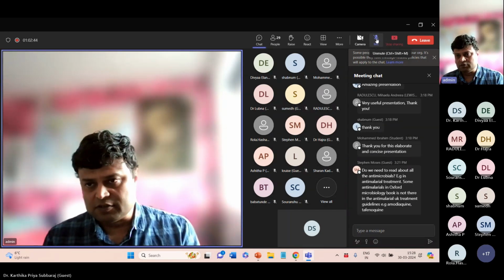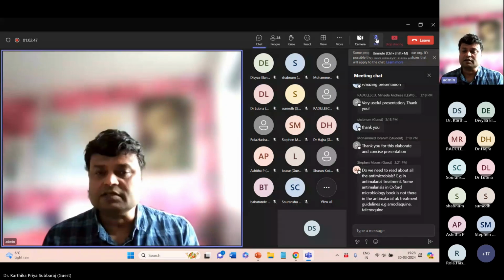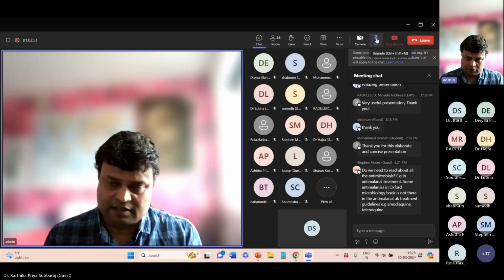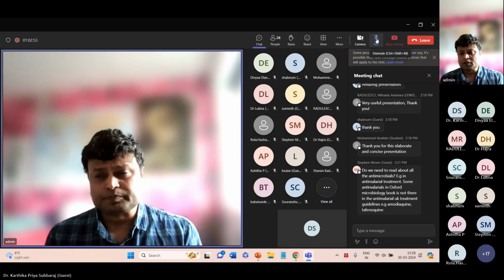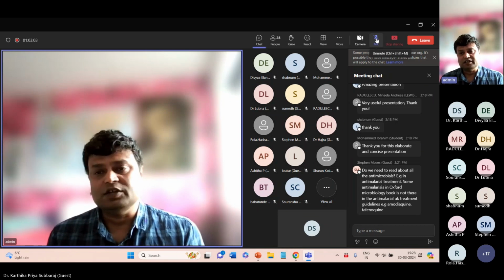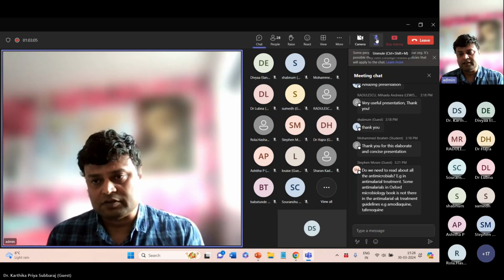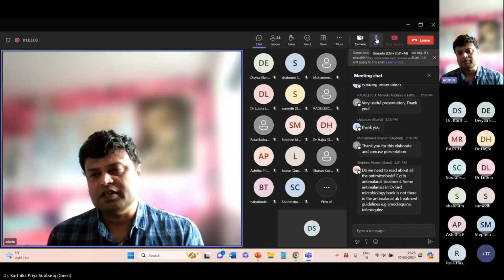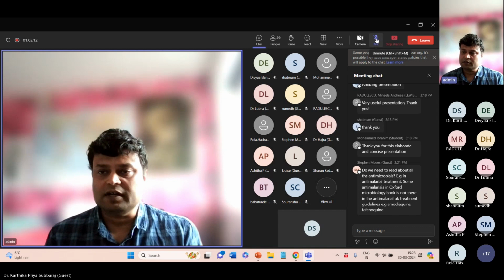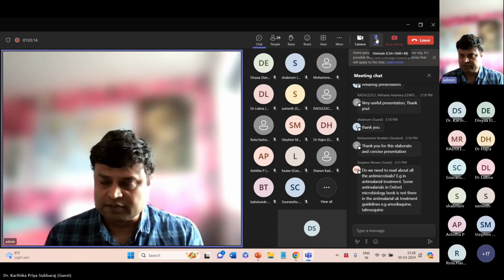And a similar question you have, do you need to read multiple guidelines? Karthika already answered that yes, you need to read multiple guidelines, unfortunately. When you are reading about an organism, you are reading about the organism itself, like what's the organism, gram stain, and those sort of things. Then you are reading about the demography, where the organism is prevalent. You are reading about what infections the organism can cause. You need to read a little bit about the virulence factor, as that comes as a question.